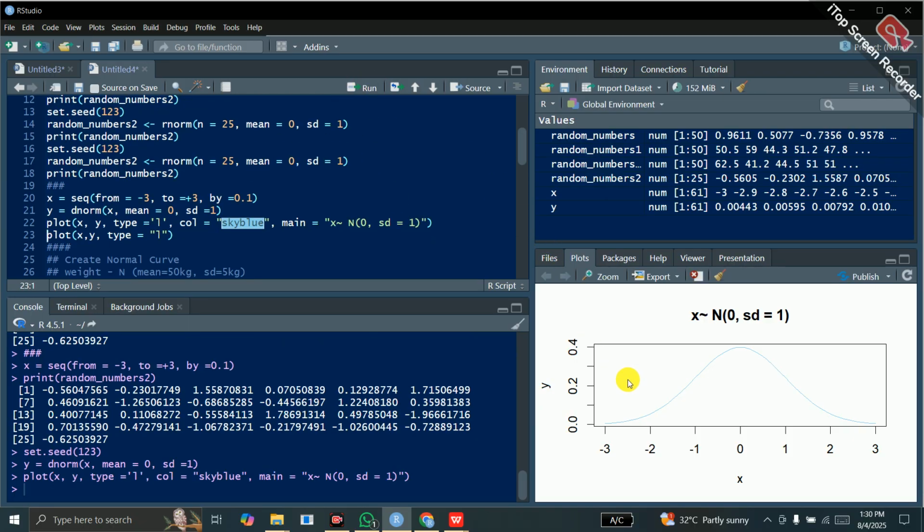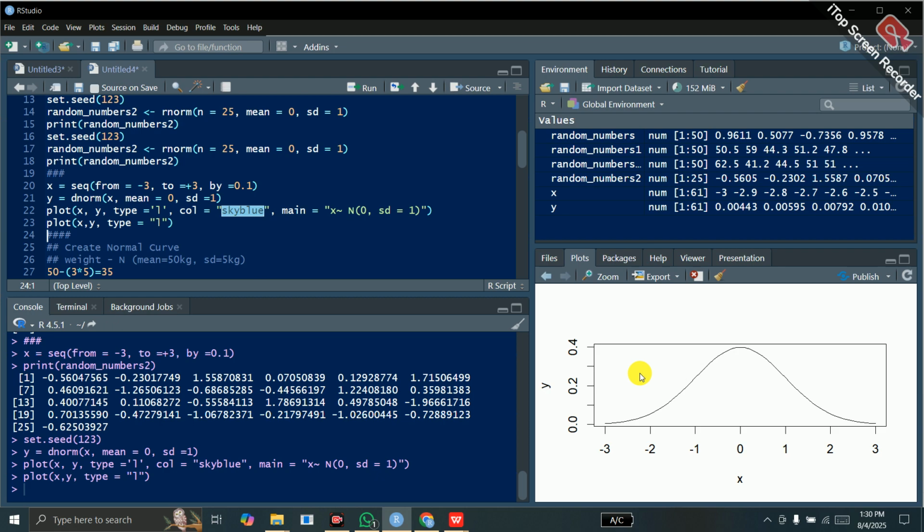So this is the plot of y against x. It means x is normally distributed with 0 mean and standard deviation of 1. Let me run this command. So this is the normal plot of these two variables. This is the probability and this is the x. After that, let me create another normal curve,